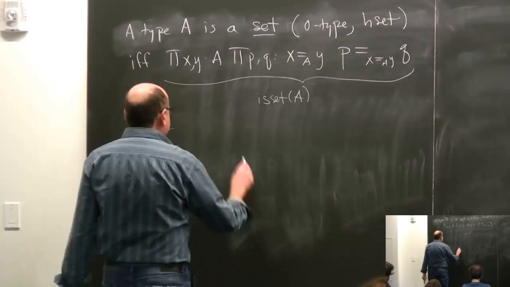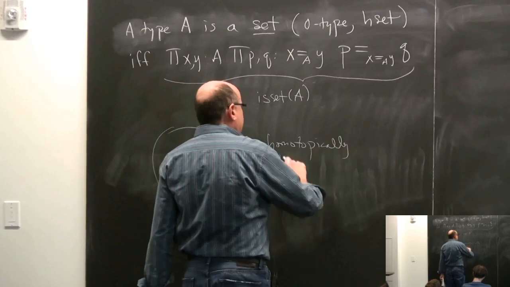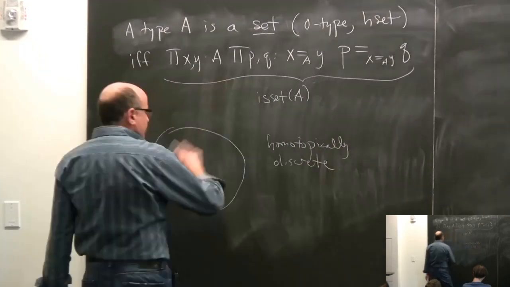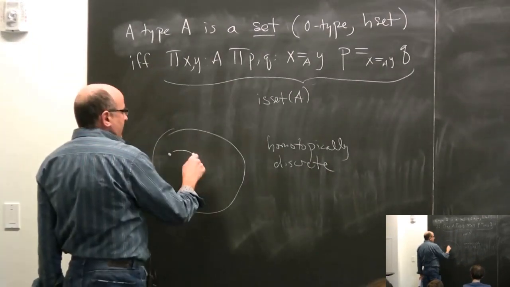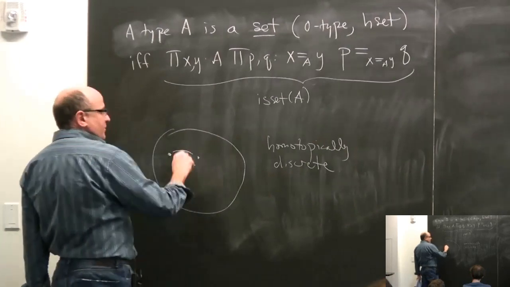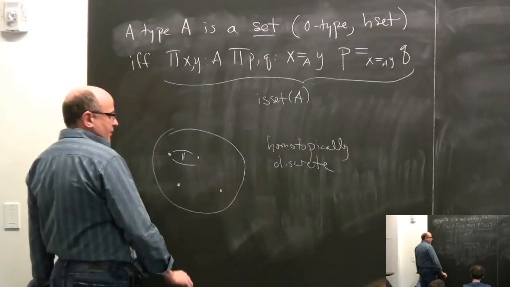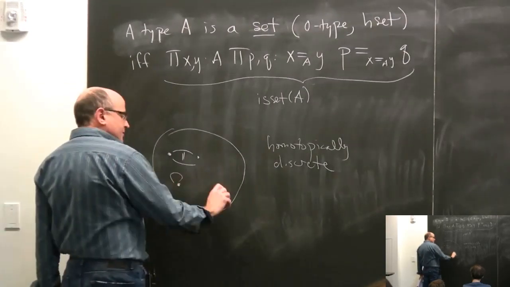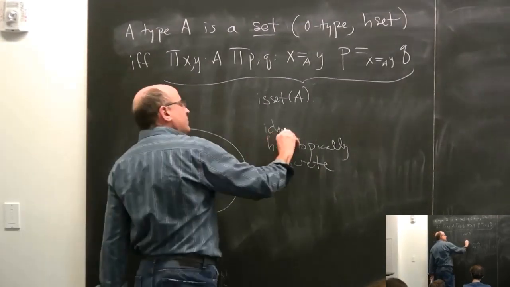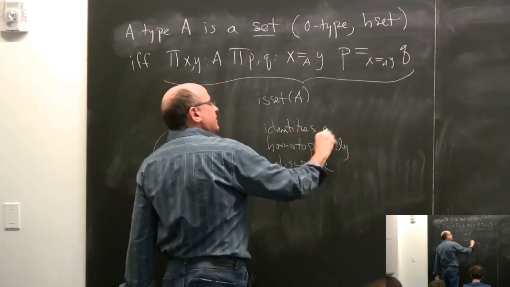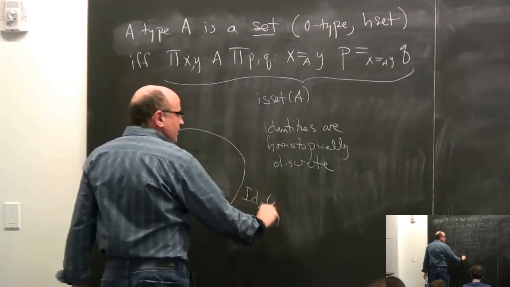So it's homotopically discrete. Meaning that up to higher homotopy, if you have two equations between them, those things are in fact equal. Maybe these elements are all by themselves, who knows. And everybody has reflexivities, and that's what I mean. The identity type, the path, the identities, I knew I didn't write something correctly. So if you go one level up and look at this as the identity type of A between x and y,